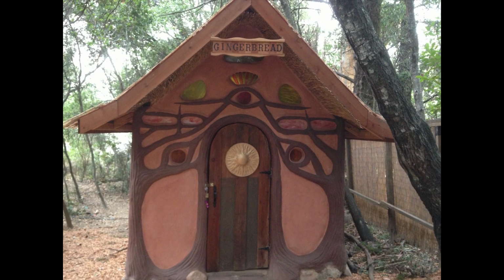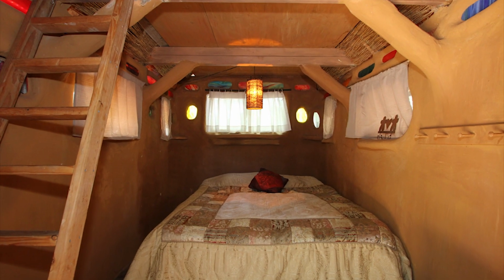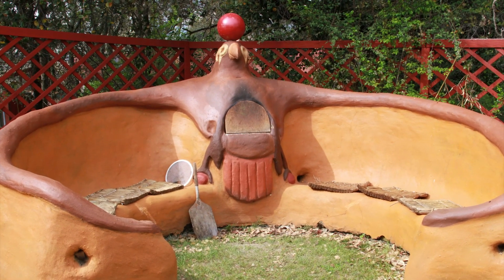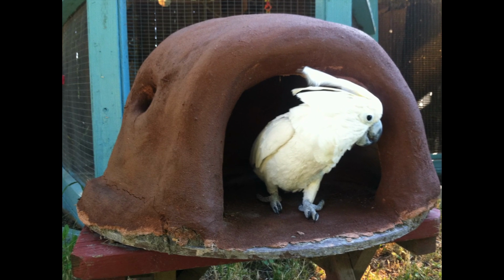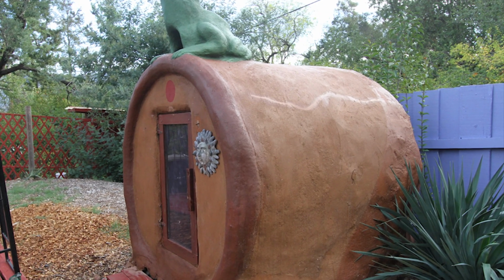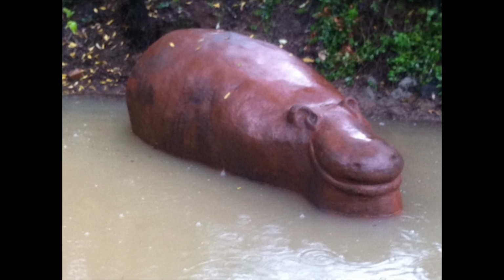And built the gingerbread house, and we rented it out on Airbnb, and it was very popular. And the Horus oven bench, and a bench out on the highway, and a little bird dome, and the sauna with a frog on top. And we did a Cob set on the grass, and did a hippo in the mud,